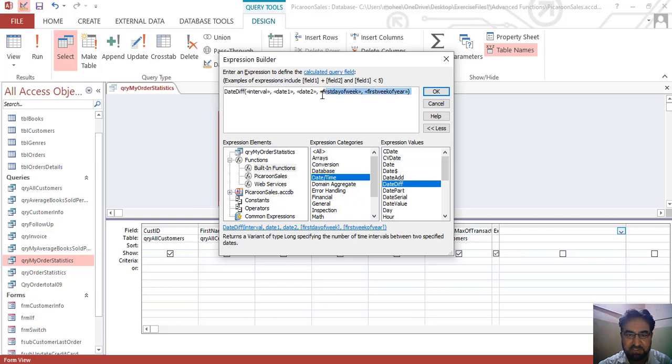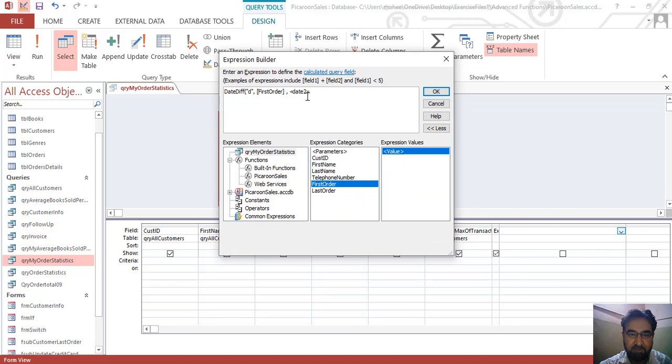DateDiff function, delete these two optional arguments and go to the interval, and for the interval we want D, and the date field we want to enter is first order, and in the last field we want to use the Date command to insert the current date.